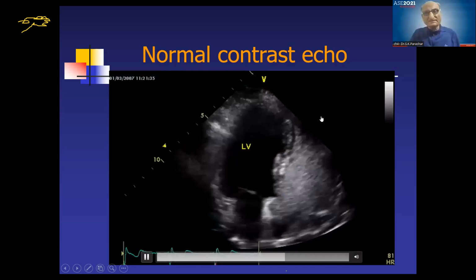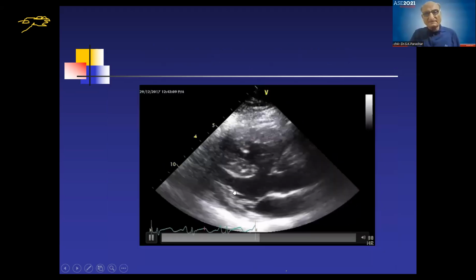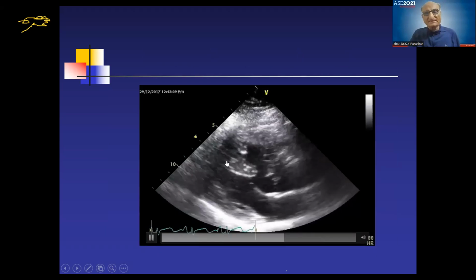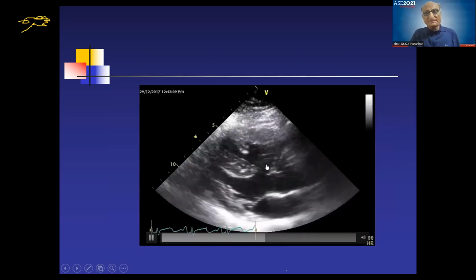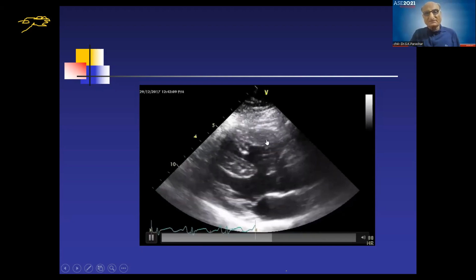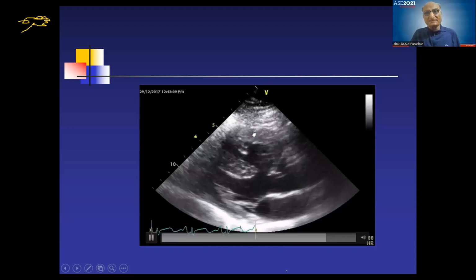You see, now this is a parasternal long axis view showing ventricular hypertrophy. Then this is the right ventricle, this is the left ventricle, this is the aorta, and this is the interventricular septum, and this is supposed to be an interventricular septal defect. So in this patient, a marked right ventricular hypertrophy itself indicates